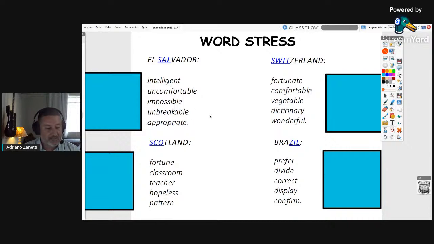And as I said at the beginning, I was taught with the audiovisual lingo method. So humming was part of my learning. So I would go, mm-hmm, intelligent, mm-hmm, uncomfortable, mm-hmm, fortune. I would do this a lot to get the rhythm and the intonation, the harmony of the word,